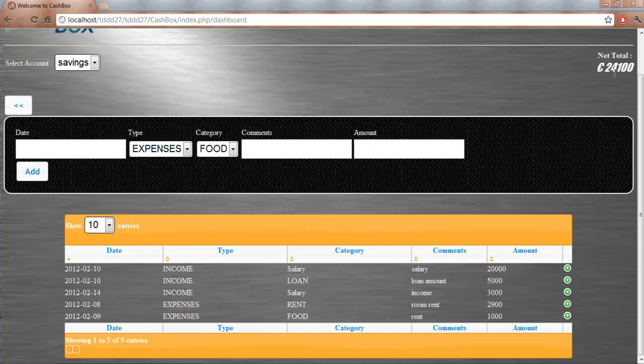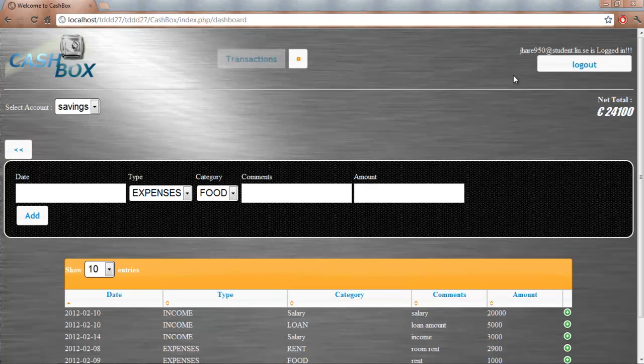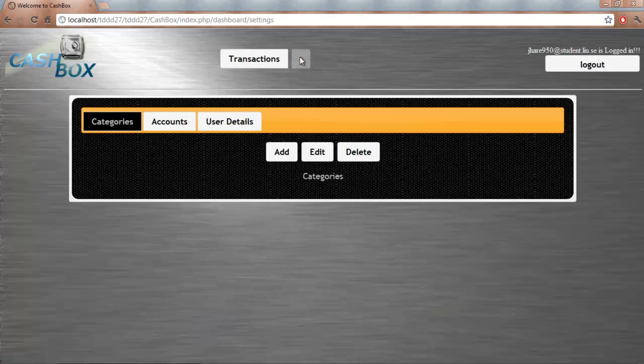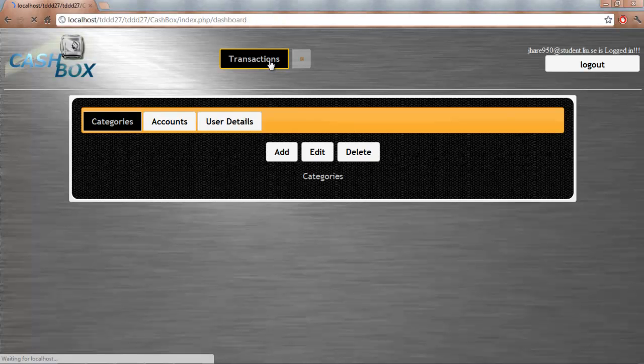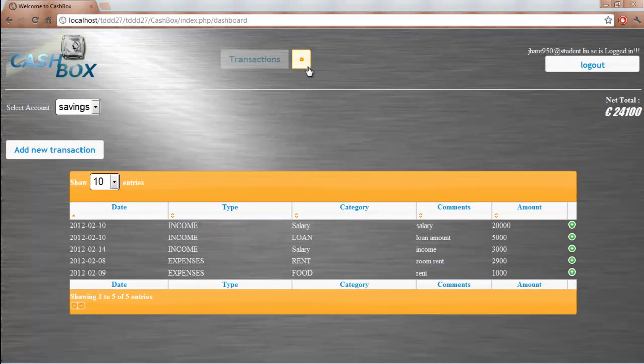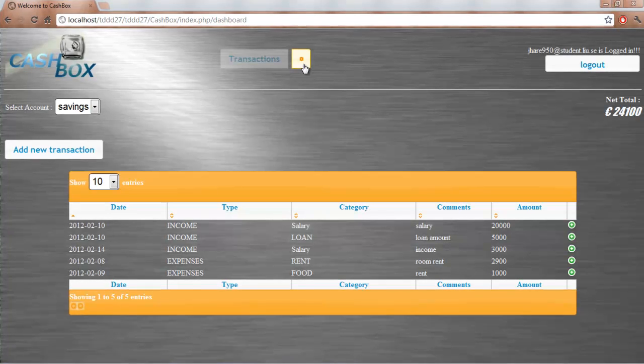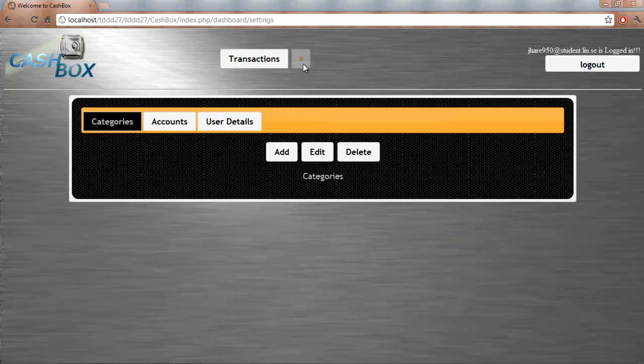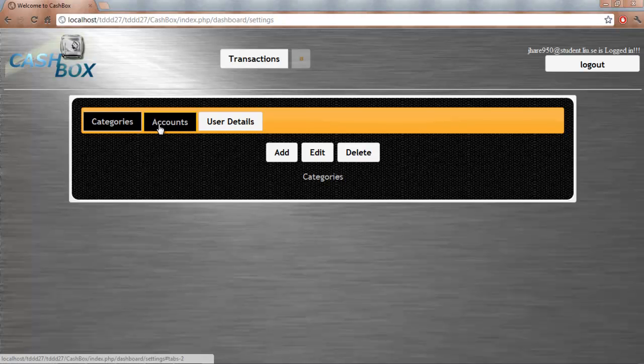You can also see the net amount on the right corner of the page, and a toggle button to switch between settings and the transaction page here. This is the settings page that you can switch to, between settings and transactions. By clicking on the settings button, the page opens, which contains a tab widget showing 3 tabs: categories, accounts and user